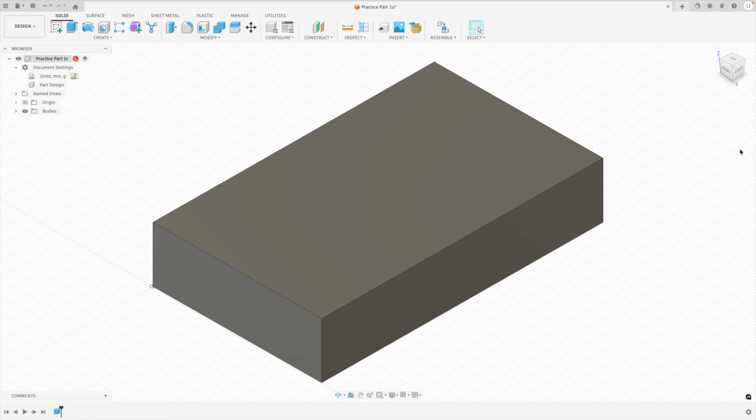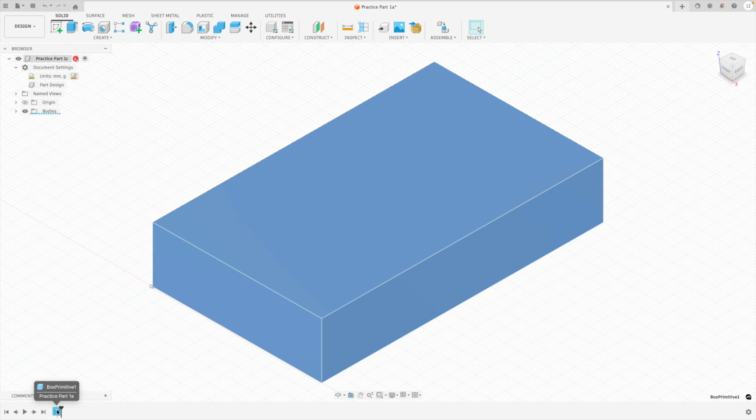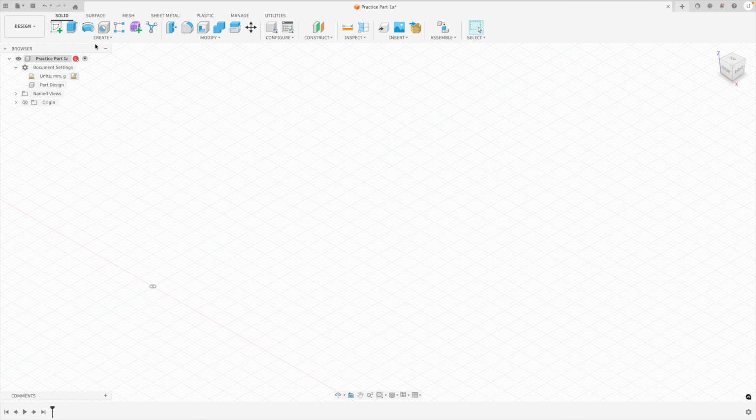As a bonus tip, let's see how to input millimeters or inches regardless of the units of measurement selected for our current document. Let's just go down to our timeline, left-click our primitive, and press Delete on our keyboard to delete it. Let's create another box. Select the XY construction plane. Select our origin first. Here, instead of inputting a number which will automatically be input in millimeters, I can simply